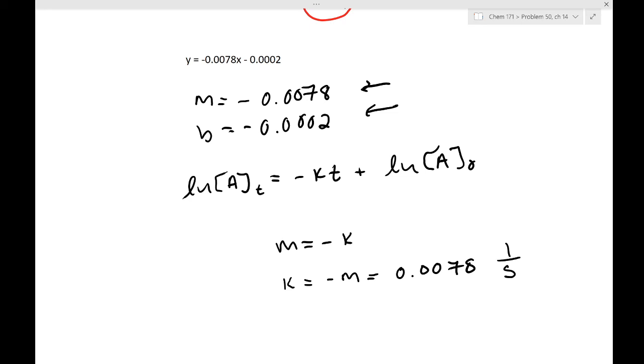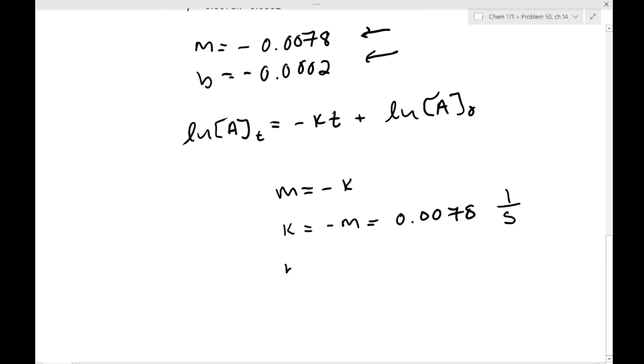And then b is equal to the natural log of A naught, and that is equal to negative 0.0002. And if we take e raised to the negative 0.0002,